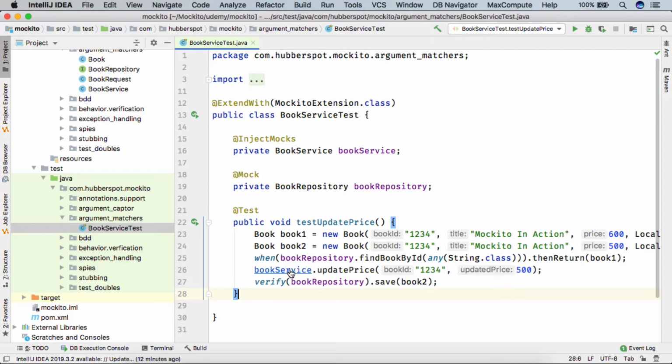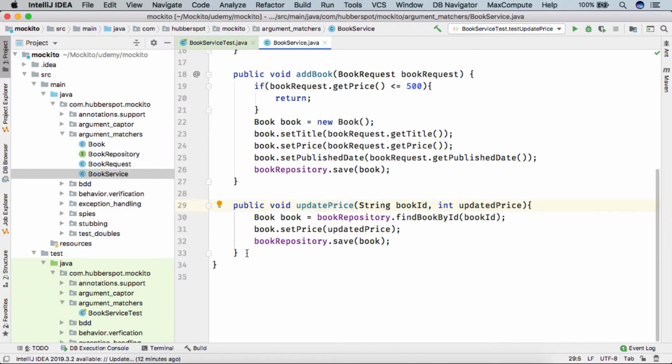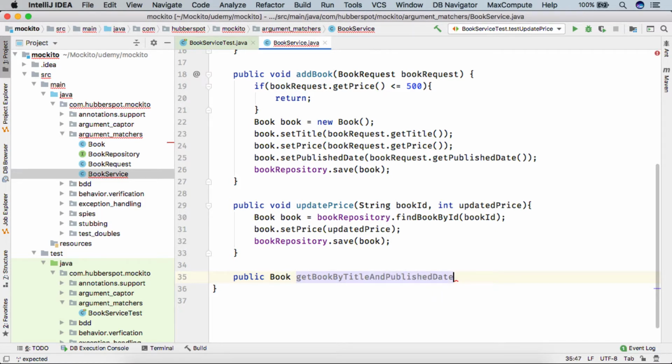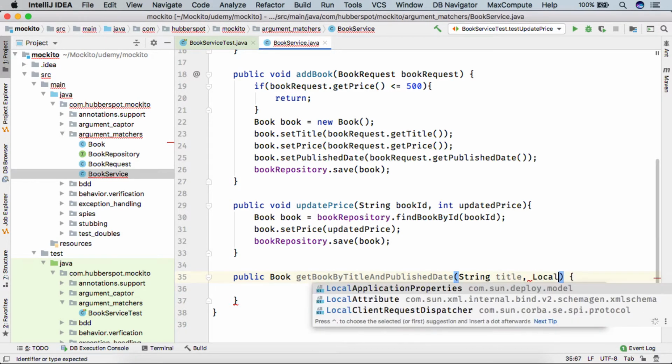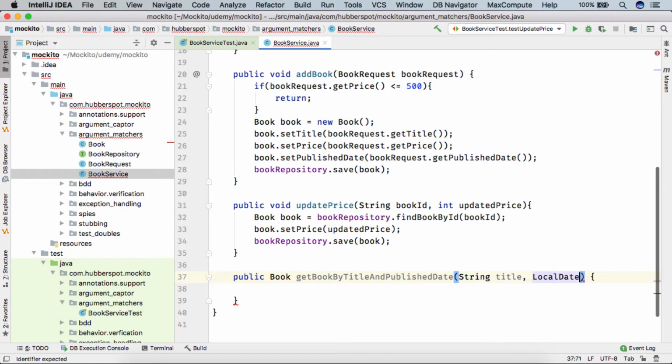So friends, let's say in our book service class, here I provide a method which returns a book, and the name of the method I provide is get book by title and, let's say, publish date. So here we will provide the title and a local date,